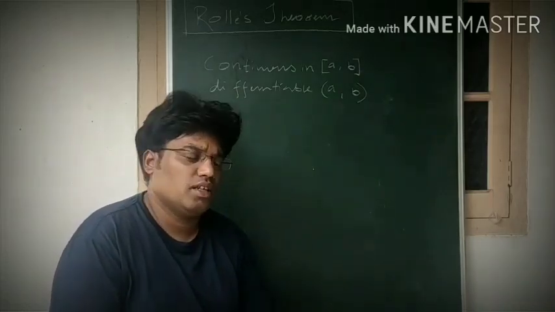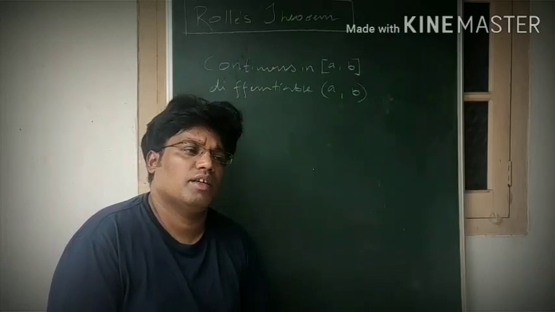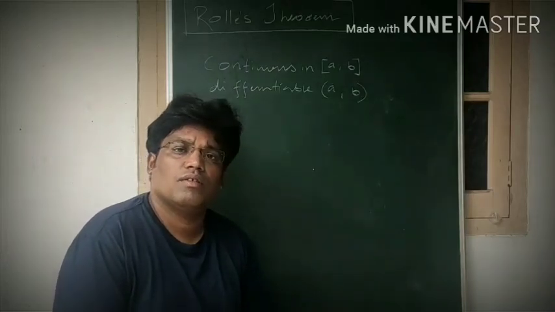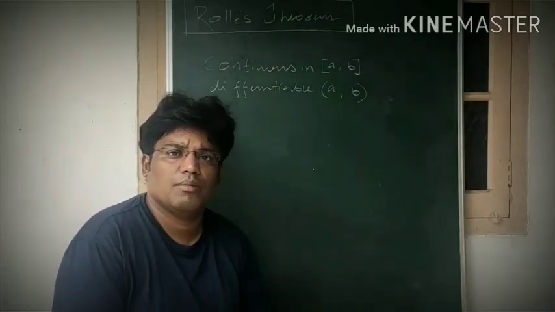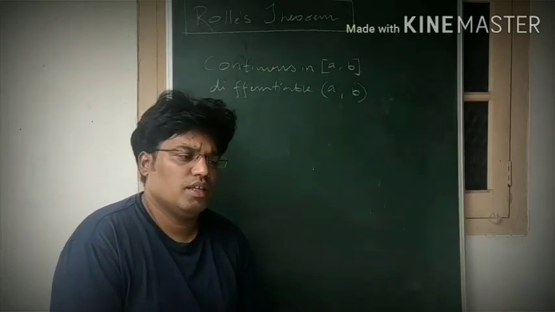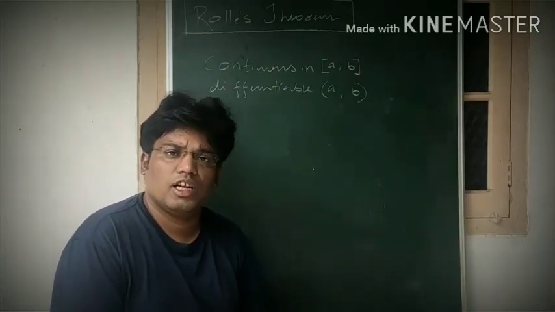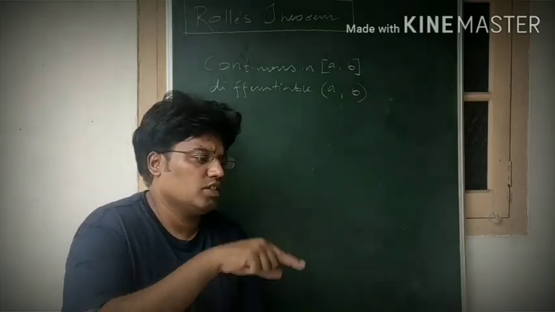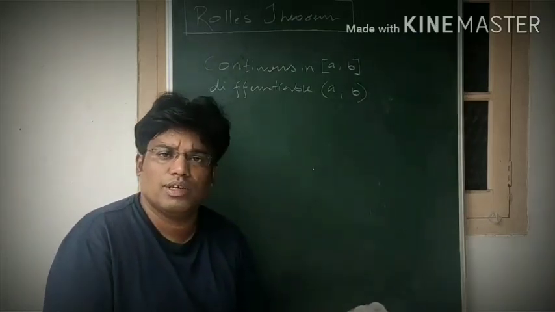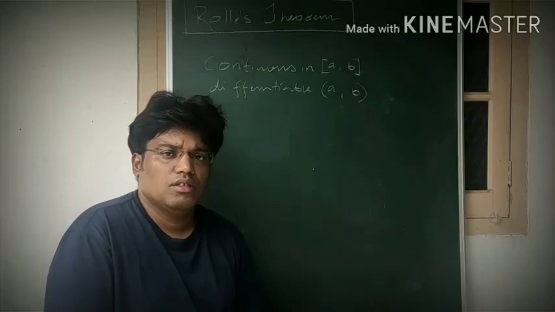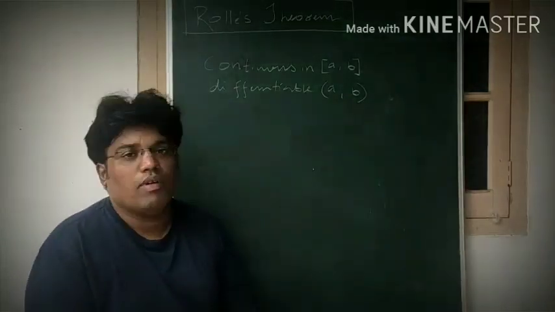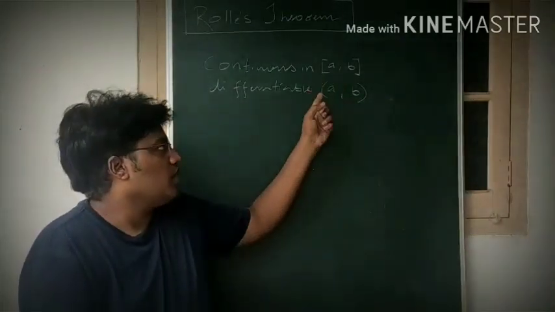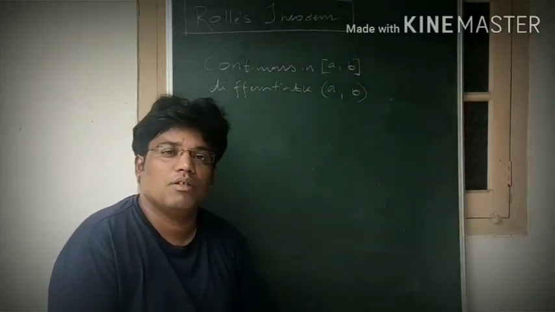In the previous videos I've explained the meaning of a function being continuous in the closed a comma b. When I say the function is continuous in the closed a comma b, it means that from point A to point B, the function is defined. You have a solution from point A to point B. So remember, why is this closed here and why is this open here? That's a very important thing.